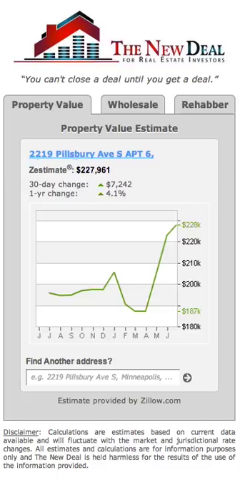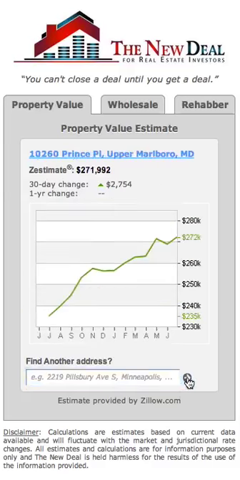So we're just going to get started right here, and we are going to do one of the properties that we actually did in our company. So we're going to do 10260 Prince Place, and that's in Marlboro, Maryland. So once you enter your address and just say that you got a call from a homeowner, you just enter the address there. Then you're just going to click on the arrow, and now you are going to see that